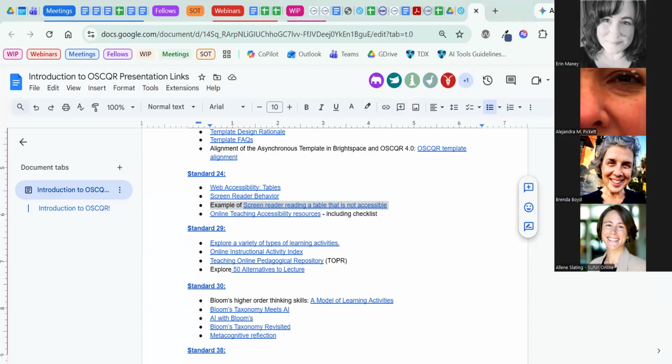Great. Okay. So you can play that yourself and look at the resources in the links document, so that you can see exactly what it sounds like and what it looks like when you do it without the appropriate coding. Aline put together this amazing website for us, and checklist.